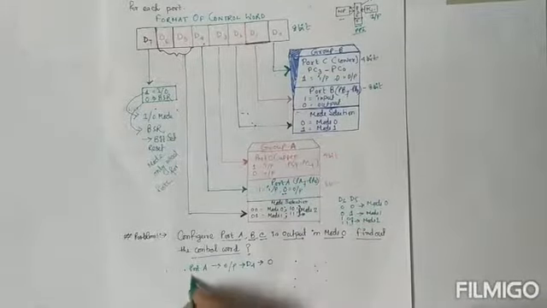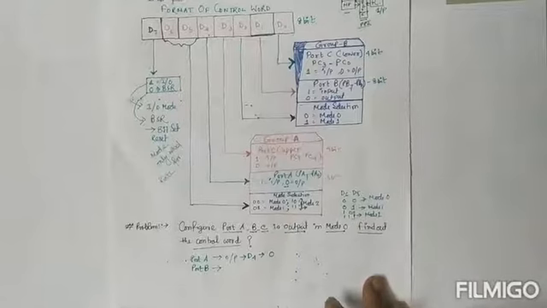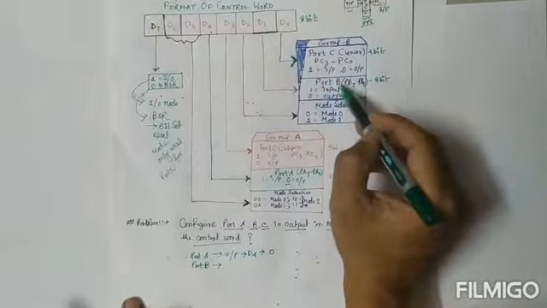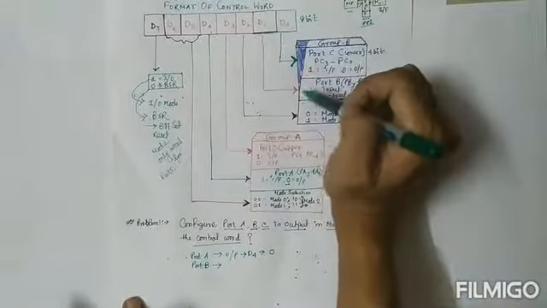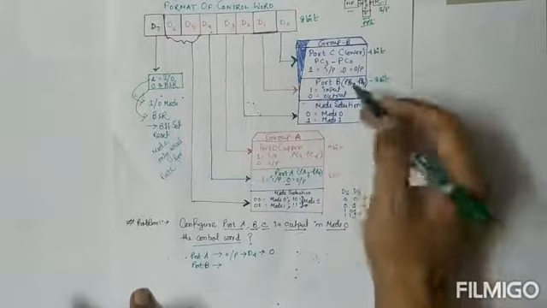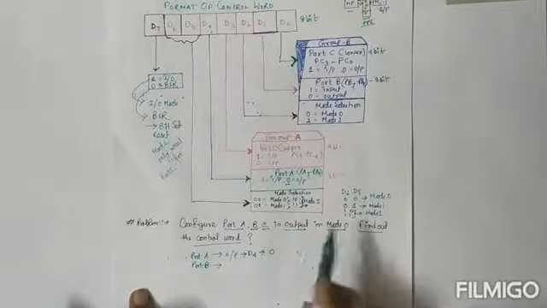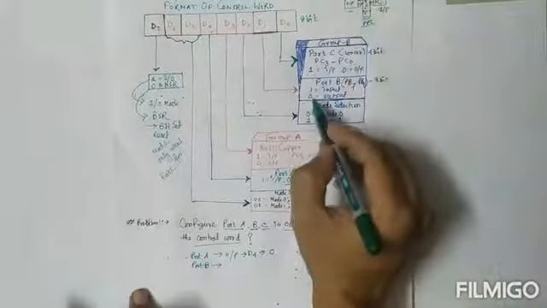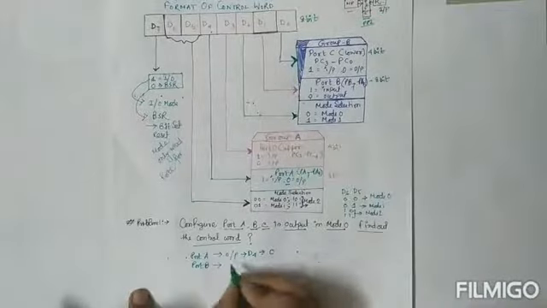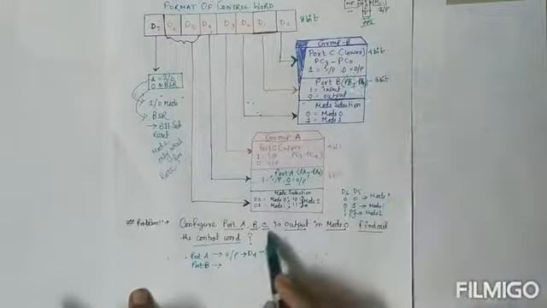Then port B. This is port B. D1 indicates the port B operation or function. Is it output or input? Port B also acts as an output port. Then D1, 0 means output and 1 means input. Here D1 indicates the port B function, and port B acts as an output.